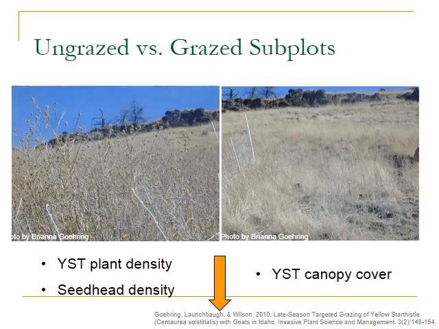On the left-hand side is inside one of the exclosures, and on the right-hand side is outside that very same exclosure 2 years after the grazing treatments had been applied. You can see there's very little yellow Starthistle outside the paddock. And in fact, Brianna Goering, who is the student who did this study,